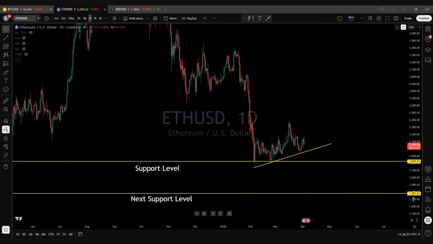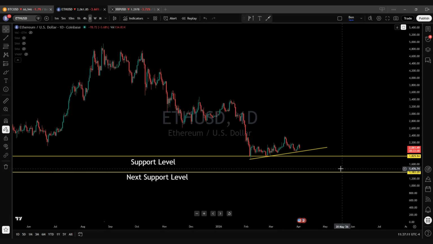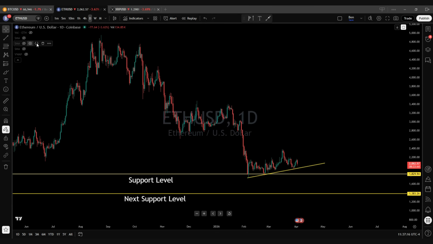of support is going to be at $1,383.26. Right now, based on this upsloping trend line, though, I do think that Ethereum does favor a move higher as long as we can maintain this upsloping trend line as well as this first level of support at $1,829.94. Now, what I'm going to do is also draw an additional trend line on the chart of Ethereum that